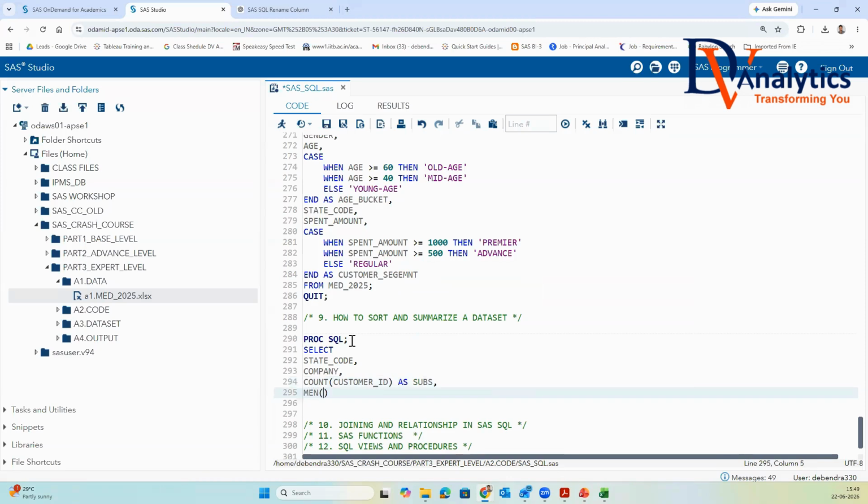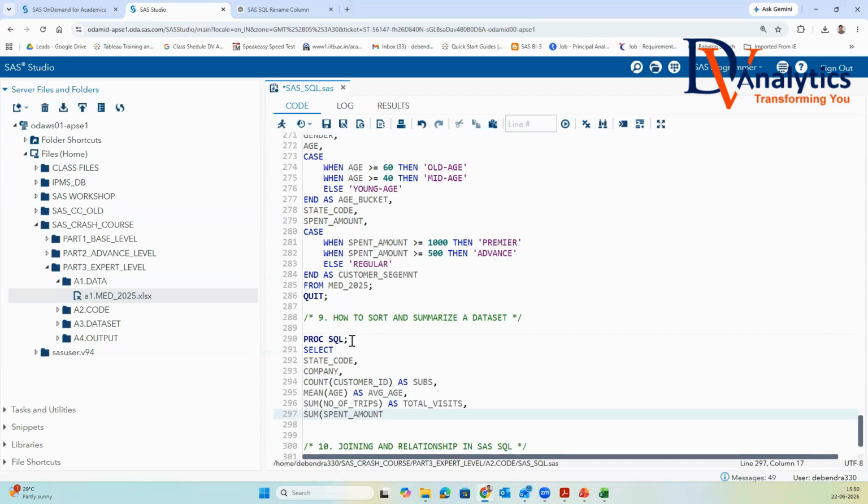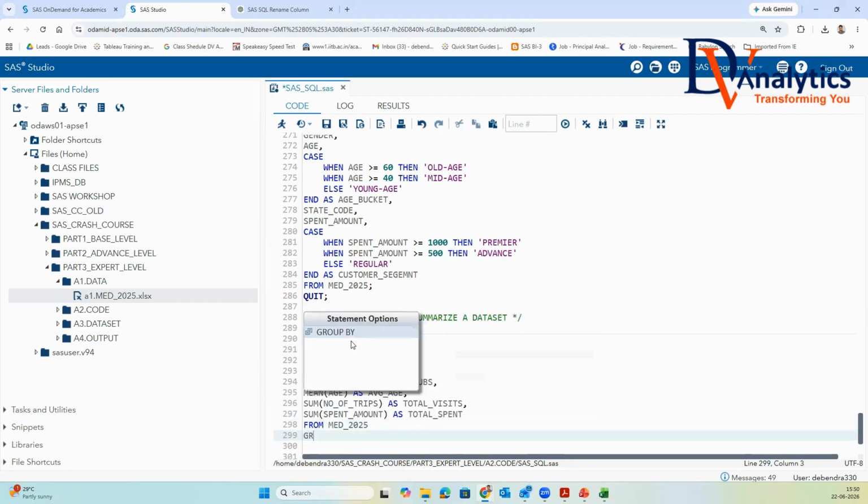Now, mean of age as average_age, sum of number of trips as total_visits, sum of spent_amount as total_spent from made_2025, group